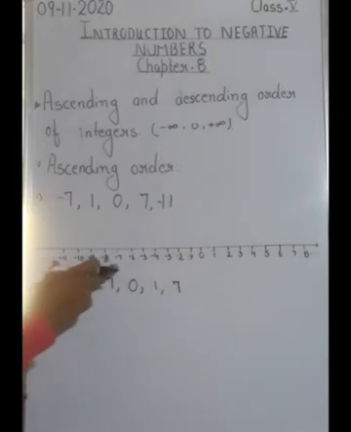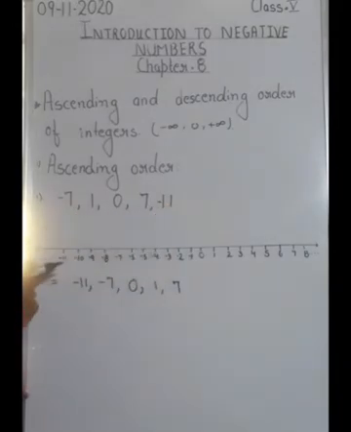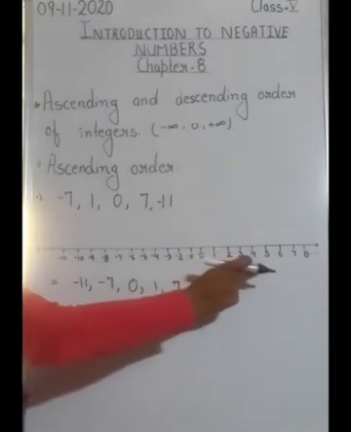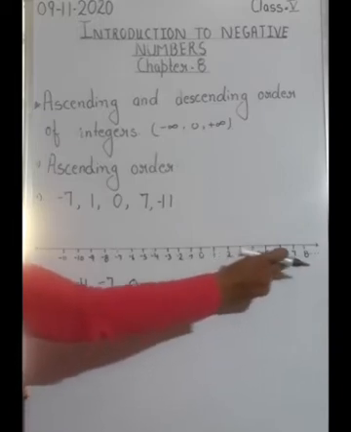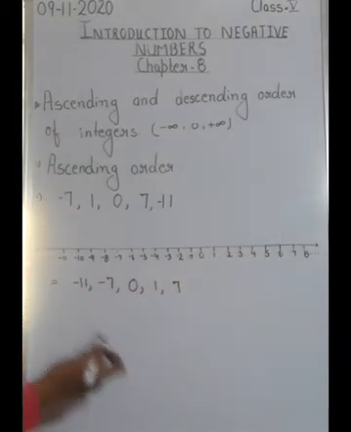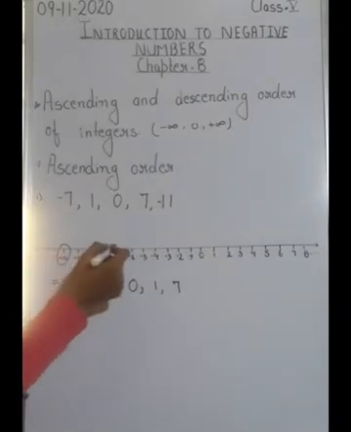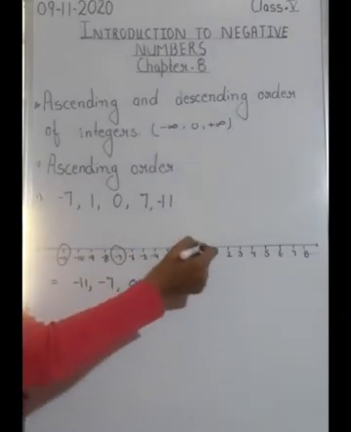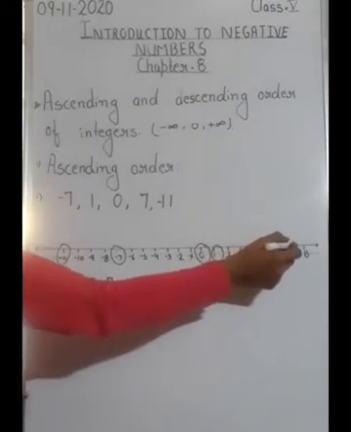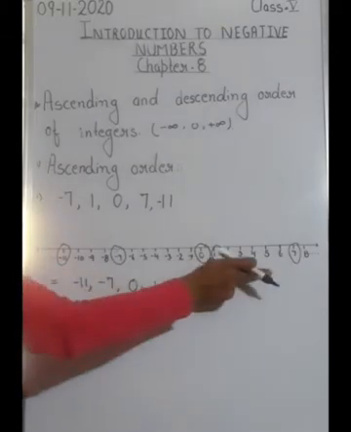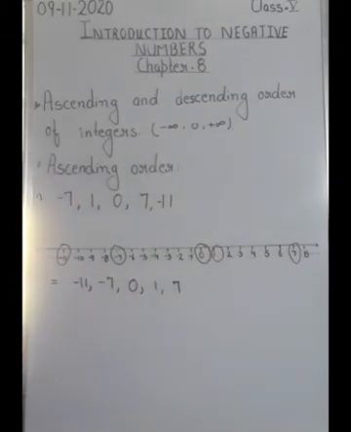Clear? I have taken the help of a number line. I have to see which among these numbers is towards the left. So here I have seen that minus 11 is towards the left, then it is minus 7, then 0, and then 1, and then the last one is your 7. Or what you can do, you can draw a number line and then locate these. So here it is minus 11, then here minus 7, here 0, then 1, and then the last one is your 7. And start from this side. Okay, left to right when you have to write them in ascending order.